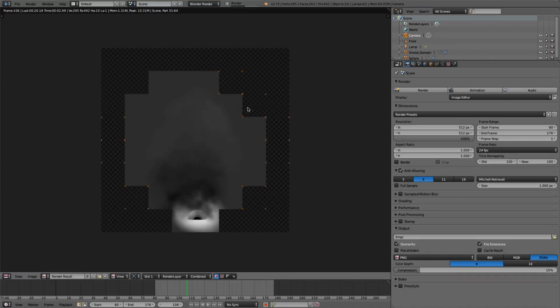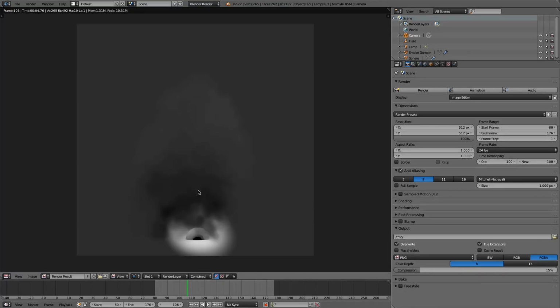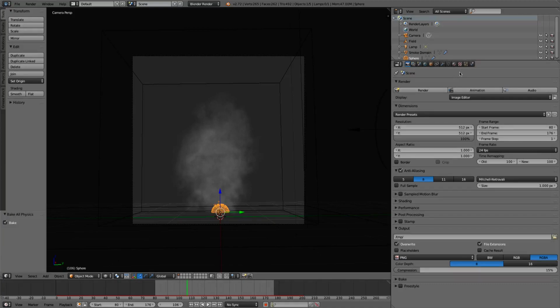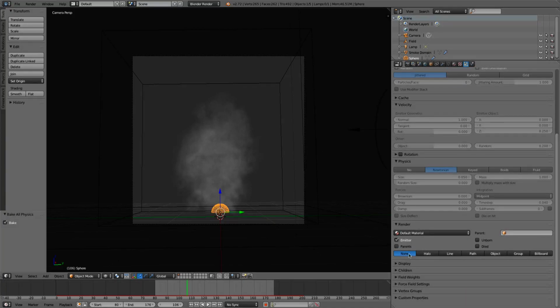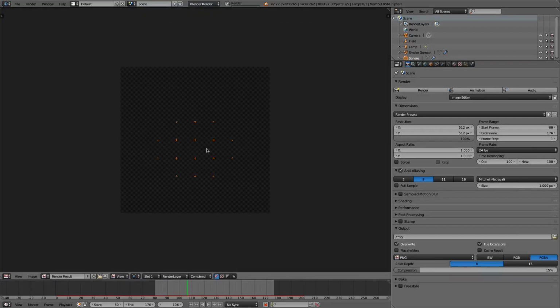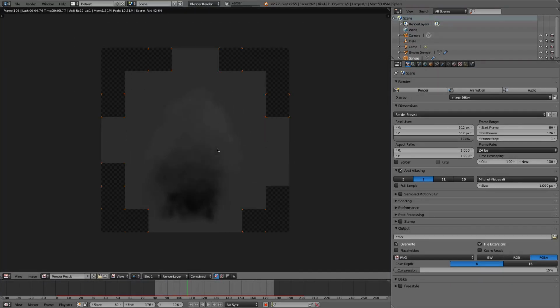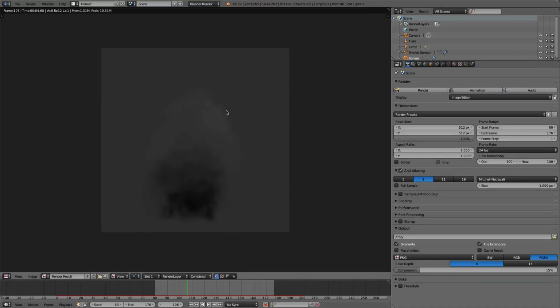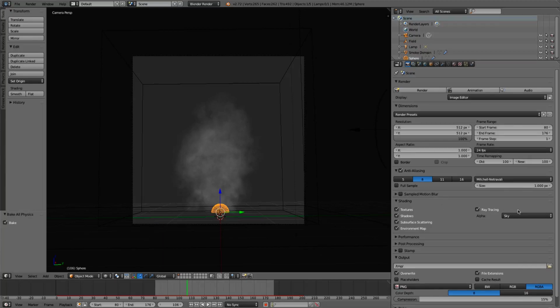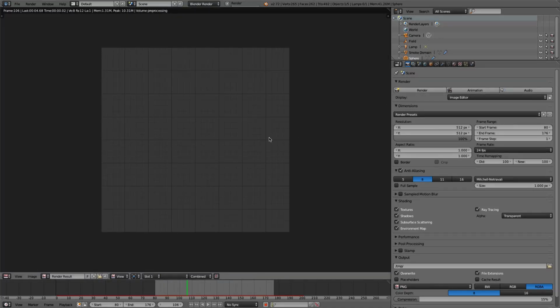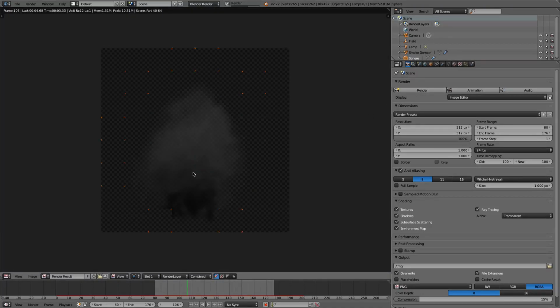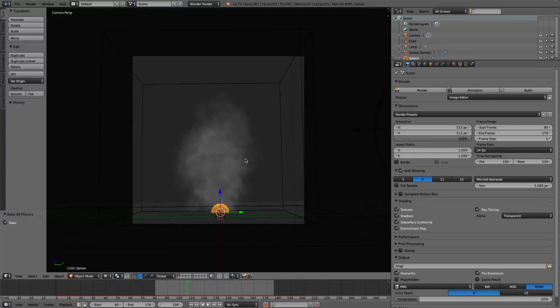Just see what it looks like. Now you notice something, all these things down here. This is because we have halos on our particle system. So we'll do none, and you could see the little cube in there, so we'll do none emitter, so it won't render the emitter. You won't see that at all. Now when we render, it looks good, but there's one more problem, and that is that we can see the background. An easy way to change that: go into shading, change the alpha to sky, and change it to transparent. So when we render it, you have alpha channels in here. And there we go. So here's your smoke. Now pick a place to render it out, and we'll do that.